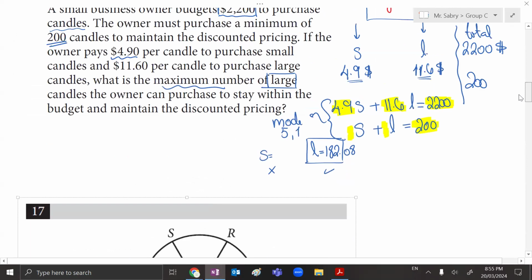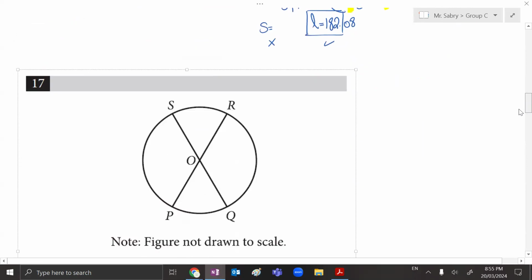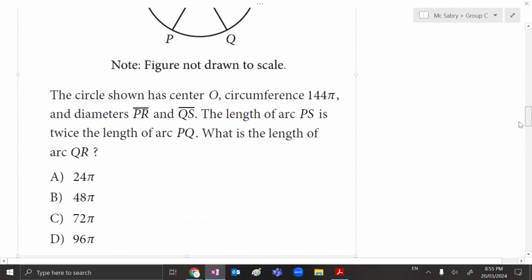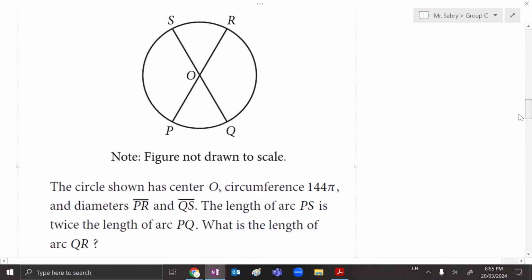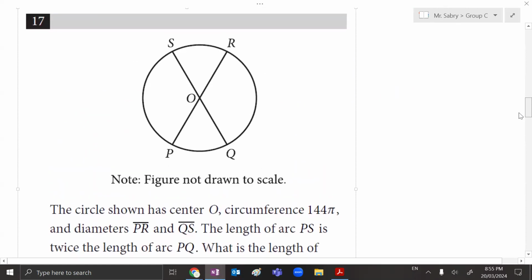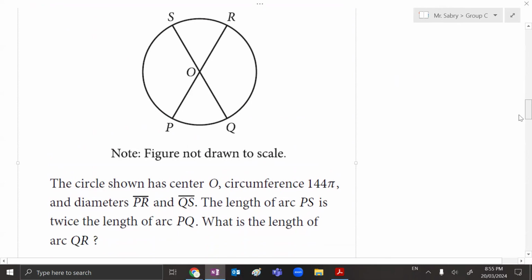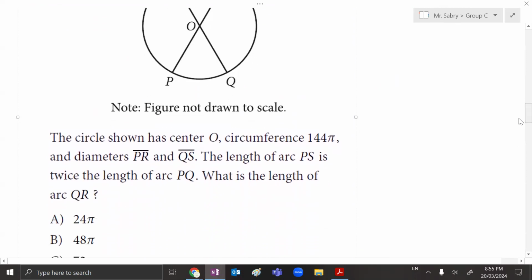Mister, for the one that you're on, number 17, is it B? I honestly don't know what is the length of arc QR. QR is this one. This is four twice the length. Let me solve it. I can't tell by looking. When we go there,